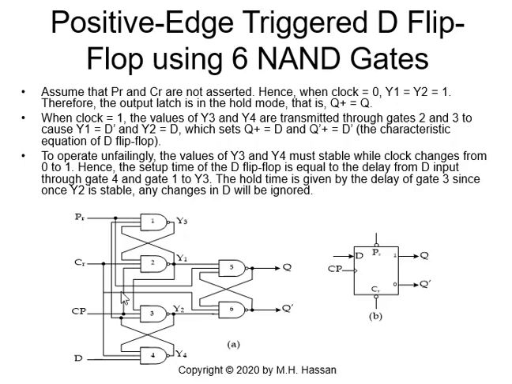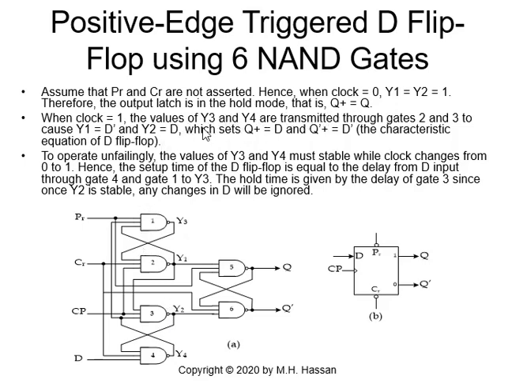This is the output Y1 from gate 2. You get Y1, Y2, and Y3 and Y4. And the upper 3-input NAND gate, and the very lower NAND gate number 4. So we have Y1 equals Y2 equals 1 when the clock is 0. Now, when the clock is 1, the output latch is in the hold mode, that is, Q plus equals